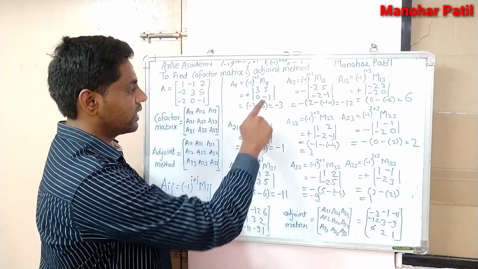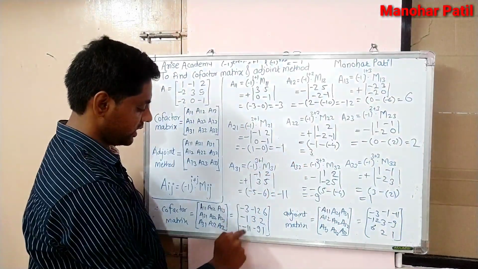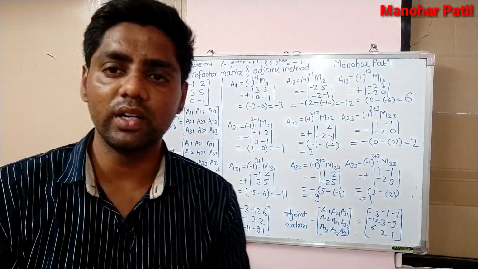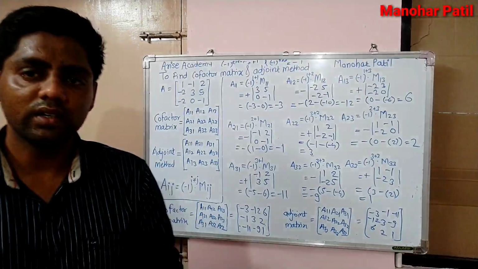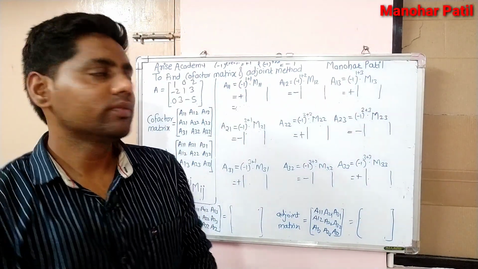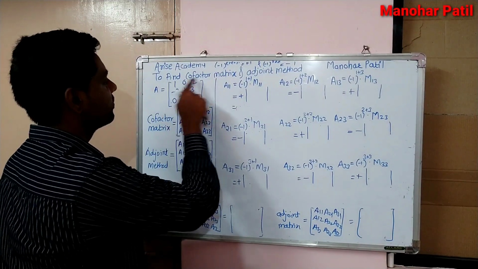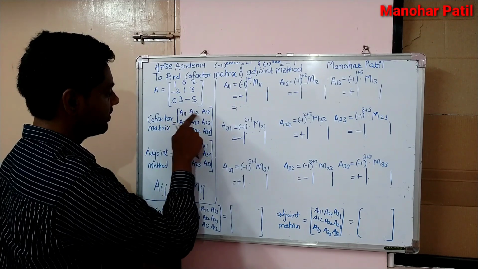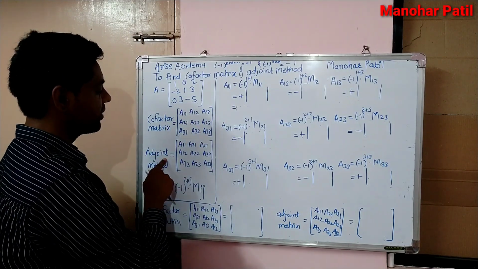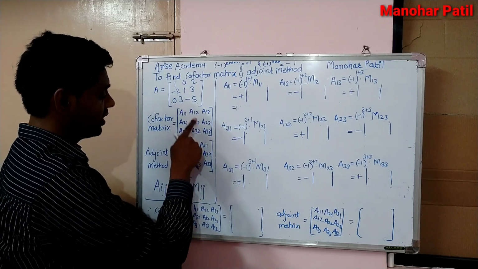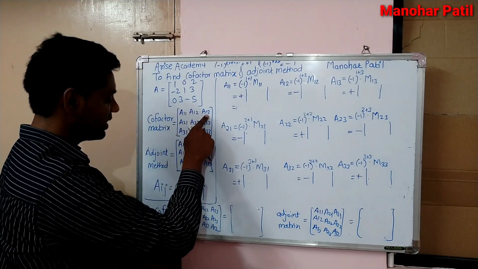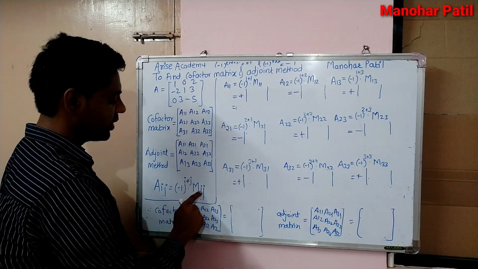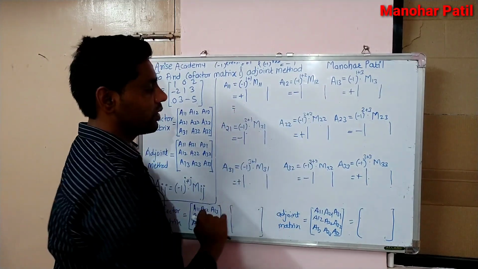So similarly, find out the minor of each element, then put it here and then find out the adjoint matrix. In such a way we can find the cofactor matrix and adjoint matrix. One more example we solve. So here this is the example to find the cofactor matrix and adjoint matrix. So we know that the cofactor matrix is A11, A12, A13 and the adjoint matrix is nothing but the transpose of the cofactor matrix. So we have to find all the values of these elements by using this formula. So here Aij is equal to minus 1 raised to i plus j into minor of ij.